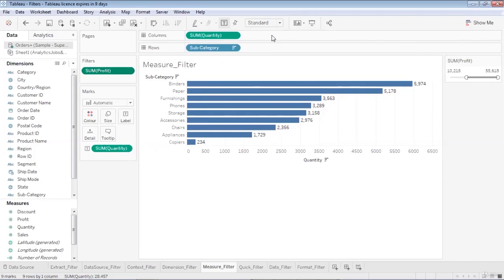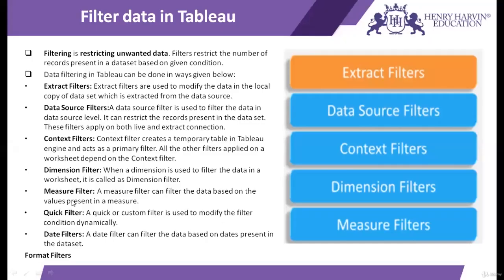Now let's move to the next filter. Our next filter is quick filter. While explaining the dimension filter and measure filter, we have already performed quick filter. Quick filter is nothing but whenever we have added a dimension or a measure filter to a visualization, and